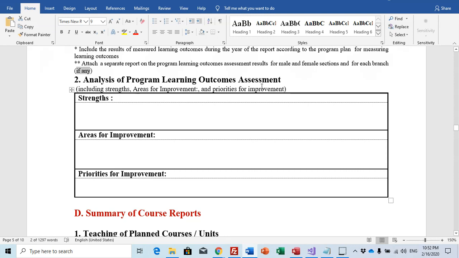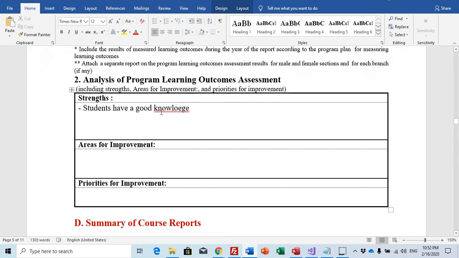Analysis of programming, that comes now, you write trend. For example, students have a good knowledge, and so on. For example, you can write that all PLOs are measured using rubrics.